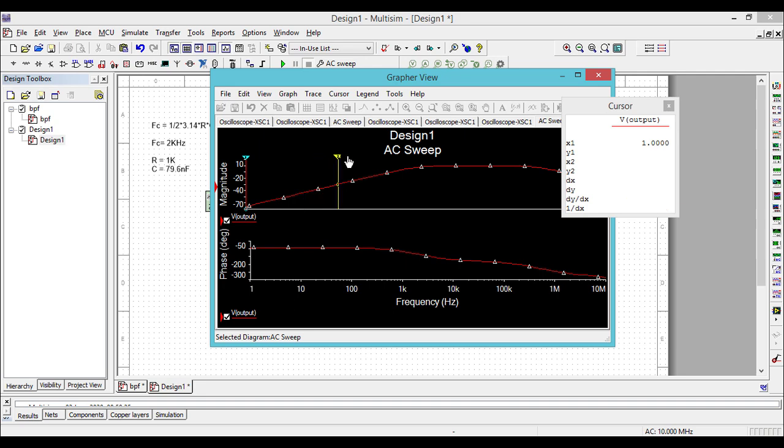Since we plotted the frequency response in decibels, let's find what is the maximum decibel we are getting at the output. So we are getting approximately 0 decibels at the output. To find the -3 decibels, you can move the cursor on the left hand side.